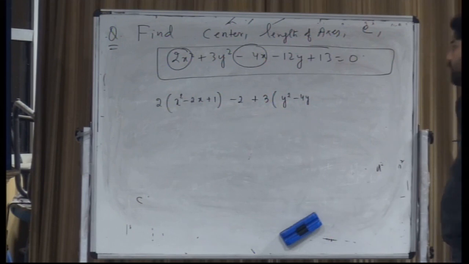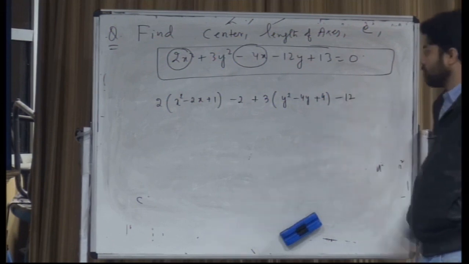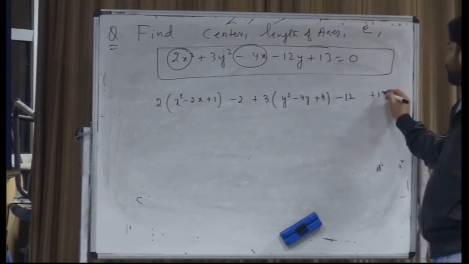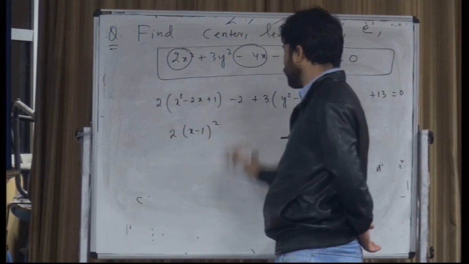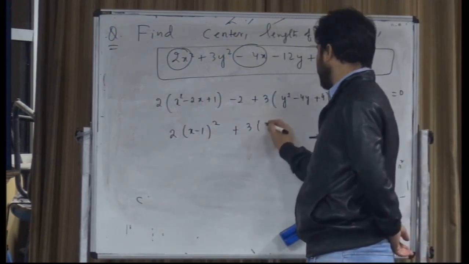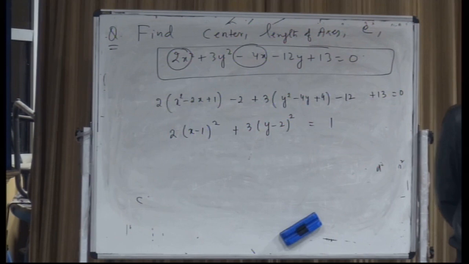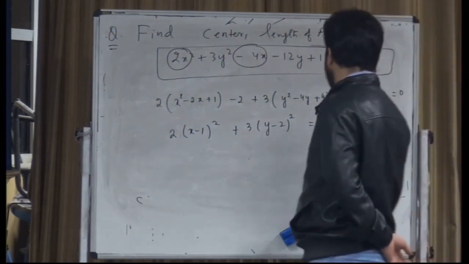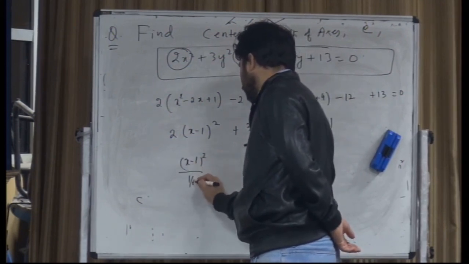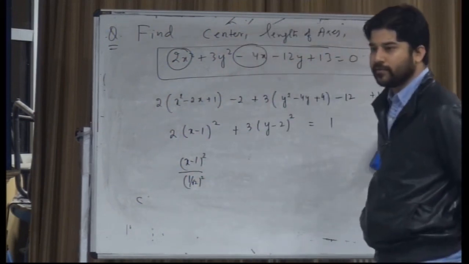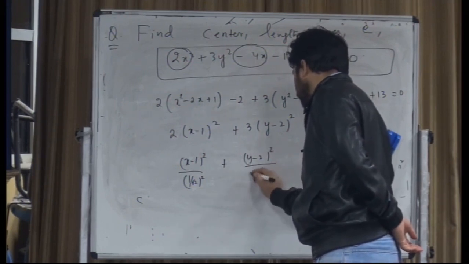इसको +4 करना होगा, ठीक, और कितना कांस्टेंट था, 13। सो दिस हैज बिकम 2 इंटू x माइनस 1 का होल स्क्वायर प्लस 3 इंटू y माइनस 2 का होल स्क्वायर इज इक्वल टू 1, राइट, विच मीन्स x माइनस 1 का होल स्क्वायर अपॉन 1 बाई √2 का होल स्क्वायर, राइट, प्लस 1 बाई 2 का होल स्क्वायर अपॉन 1 बाई √3 का,